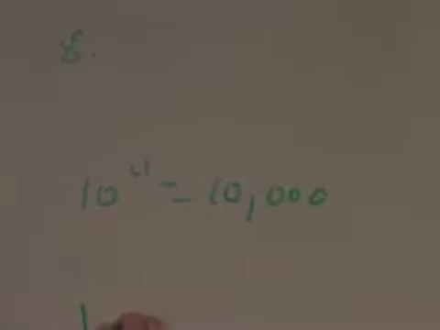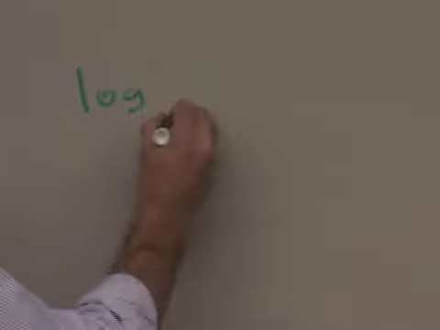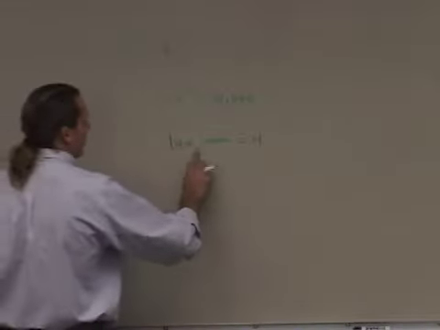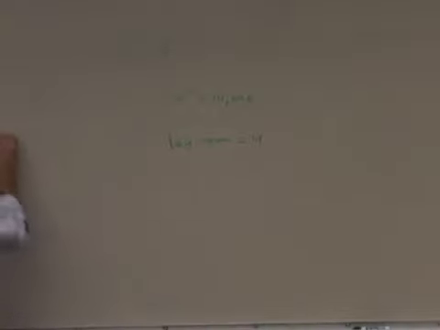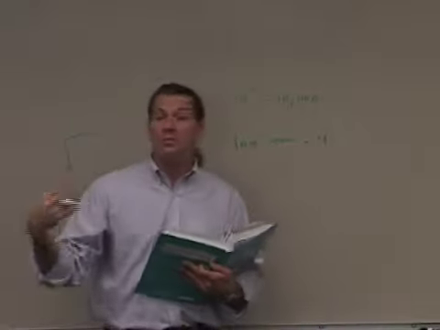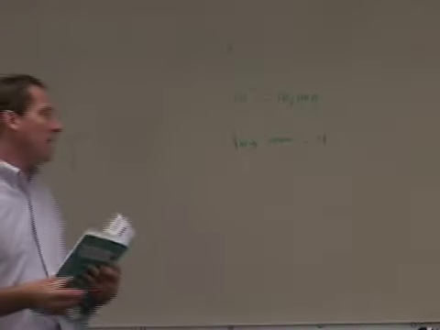Well, I'll write the word log. What's the base? 10. Okay, what goes next? 10,000 equals to? Okay, and log base 10 is one that you have on your calculator. If you push the word log on your calculator, notice it does not show a 10. You hardly ever write log with the 10 down there, kind of like when you write the square root and you put a 2 in there. So the log without a base is assumed to be log 10. So if you hit log and then type in 10,000 and hit enter on your calculator,